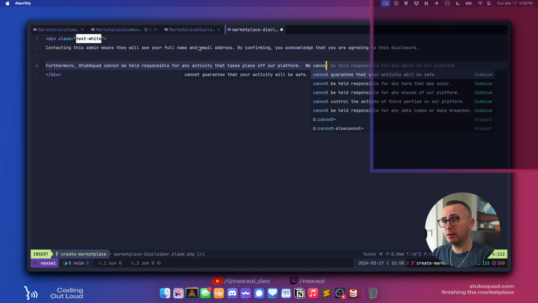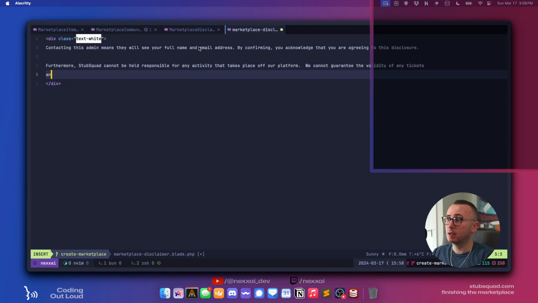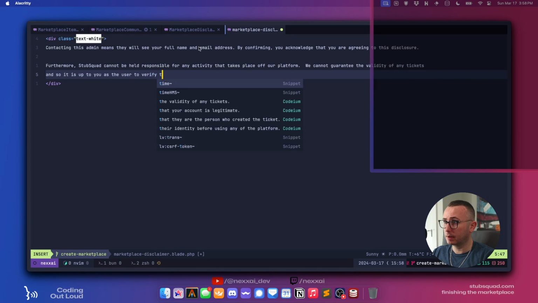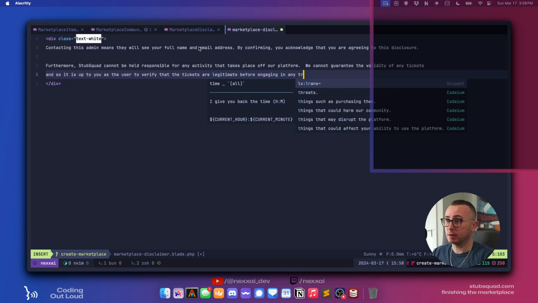We cannot guarantee the validity of any tickets, and so it is up to you as the user to verify that the tickets are legitimate before engaging in any transaction.